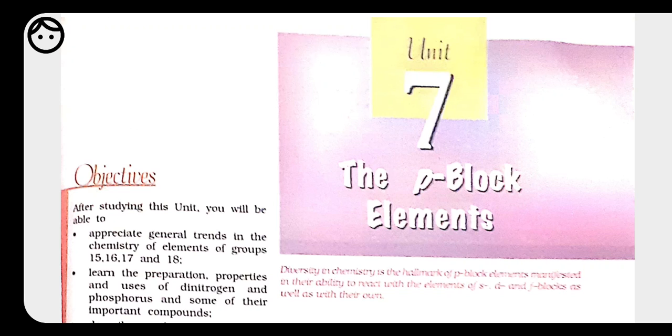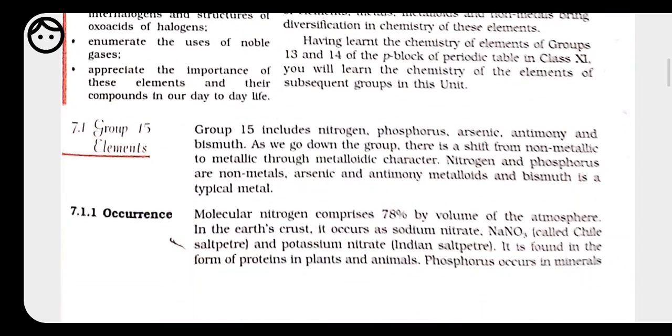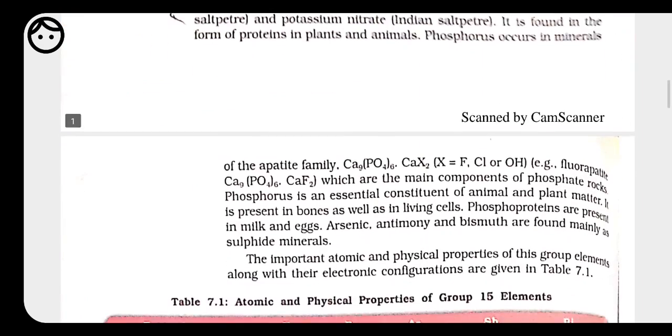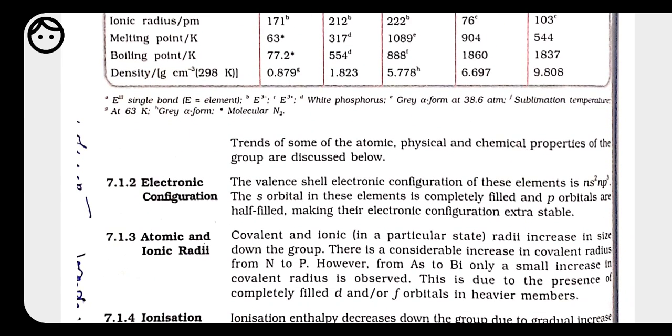Let's go through some of the characteristics of p block elements which we are going to discuss. We already know about these things, but we have to recall them once again. First we will start with electronic configuration, that we already have done. What do you mean by electronic configuration? Electronic configuration is the arrangement of electrons in orbitals.